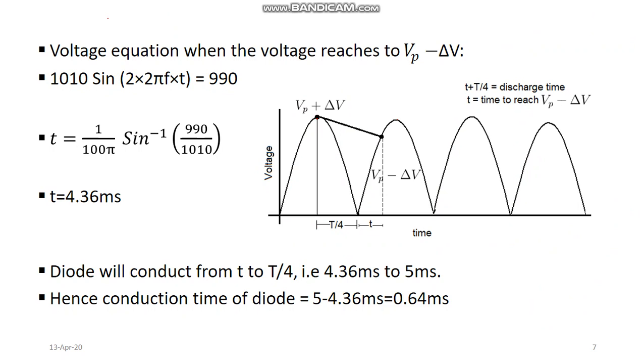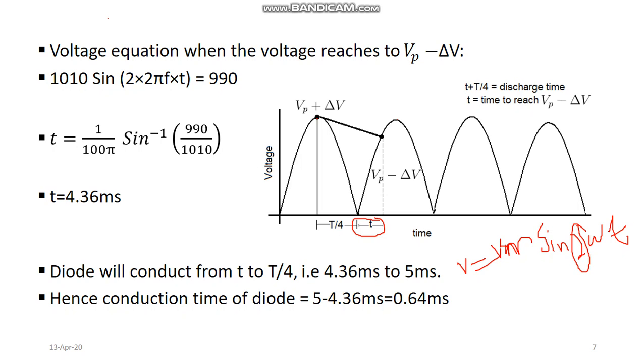What I am trying to do is find this time t. And how can I find this time? By writing the equation V is equal to Vm sine of 2 omega t. Why this 2? This 2 is due to the fact that the output frequency is twice the frequency of the input signal,